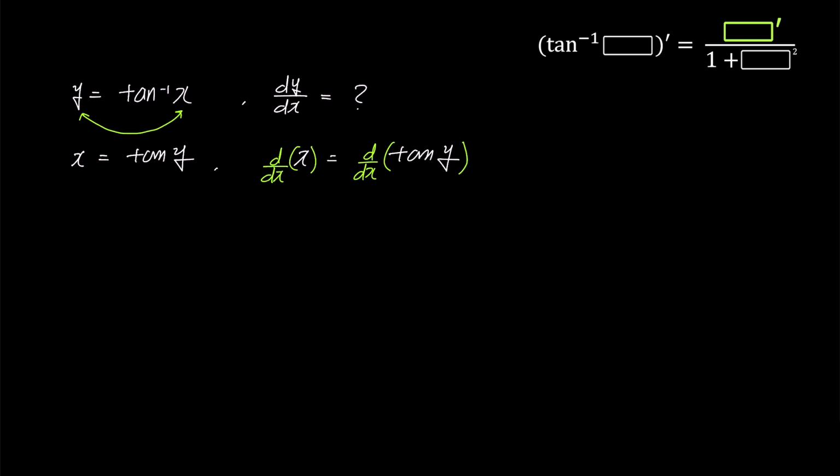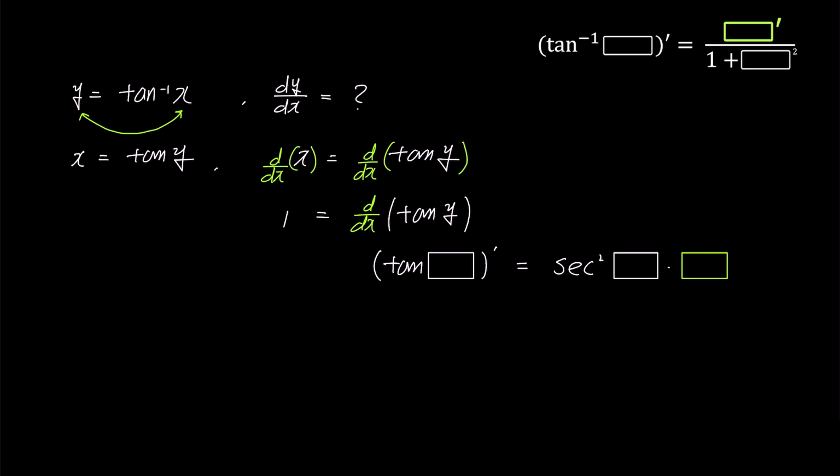The differentiation of the left-hand side is 1, and for the right-hand side, we need to differentiate tangent y with respect to x. To quickly differentiate without using the chain rule, let's use the tangent function differentiation formula explained in another video. For more information, please check the link in the top right corner. We'll fill in the left and the right white boxes with y as shown in the problem, and in the right green box prime, we'll insert the derivative of the box.